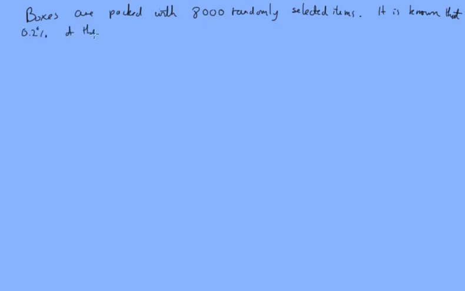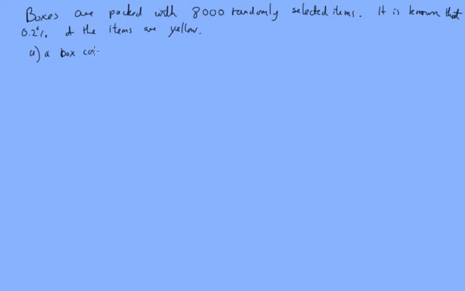Boxes are packed with 8,000 randomly selected items. It is known that 0.2% of the items are yellow. So using a suitable approximation, find the probability that a